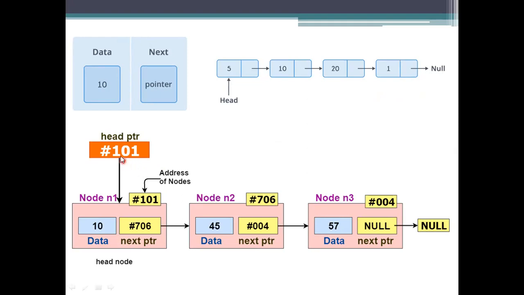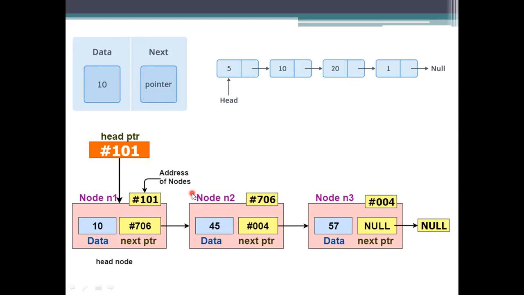Simply see this example. The header node, meaning the first node, has been stored at address 101, and the next node has been stored at 706. Here it is not taking continuous memory spaces. What we need is to store the values, and this value storage will have a memory allocation. You should know the memory address of the next element. It is not stored continuously.